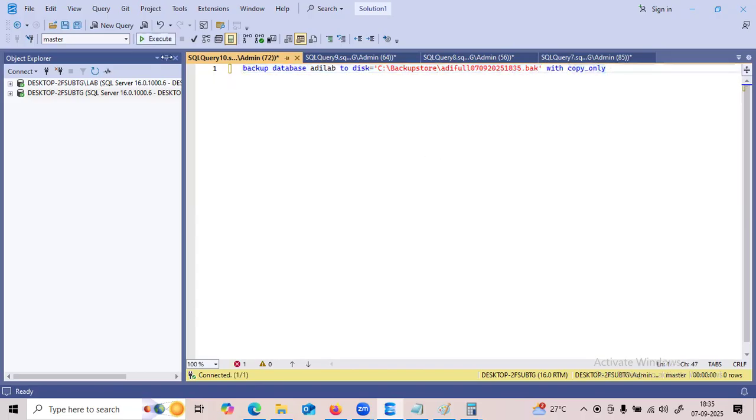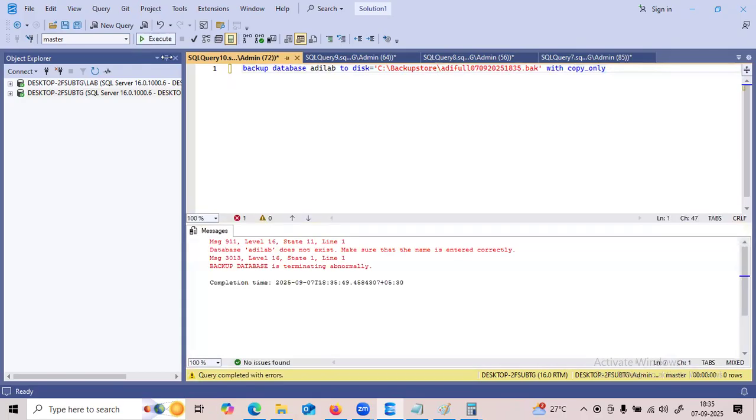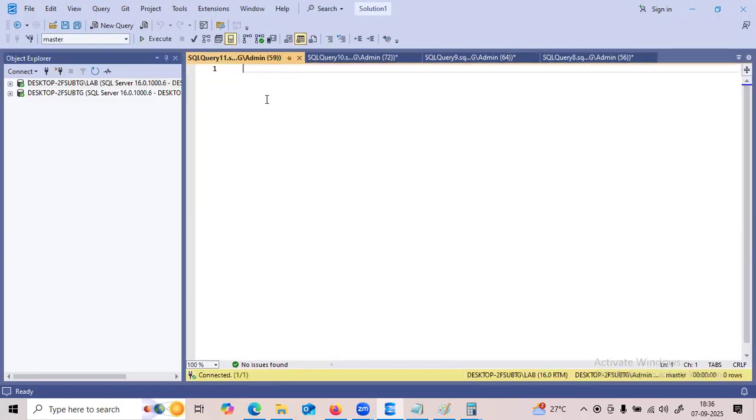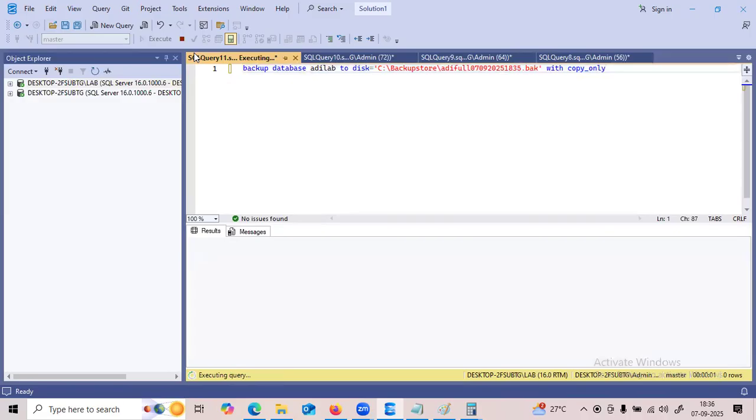Execute. So here I connected to the default instance. It will take almost 23 seconds.